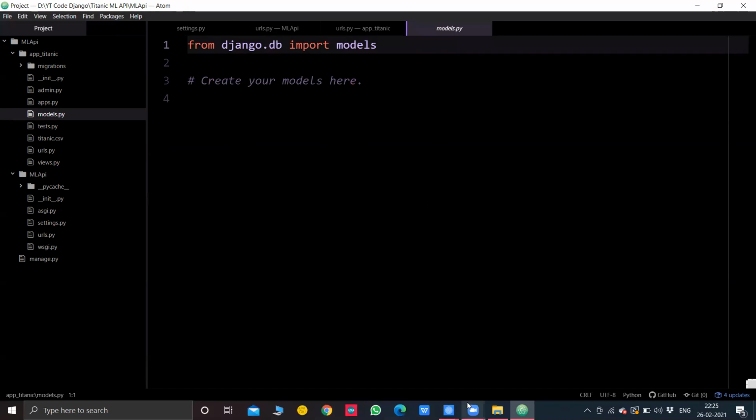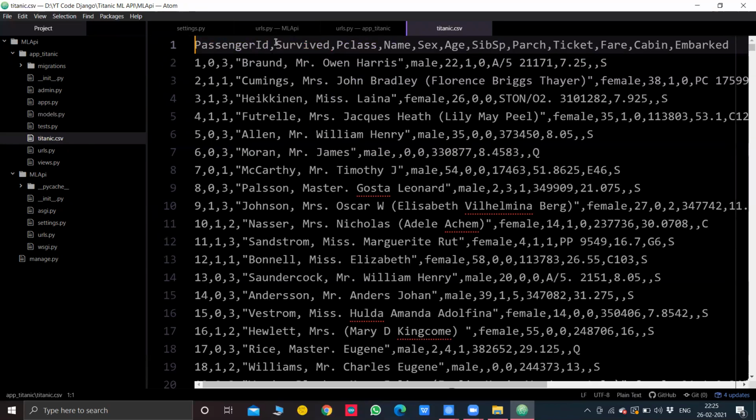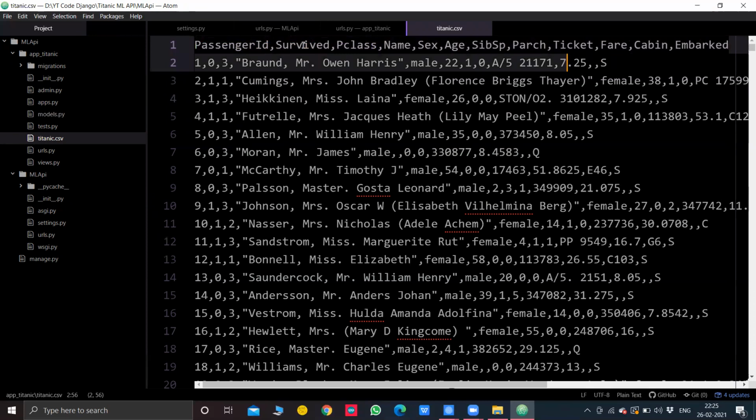Our database table will consist of all the attributes except survived. It will consist of all the values, because we'll use all the 11 attributes in order to predict survived. I have not opened it in Excel, I've opened it in Atom only, but I showed you before.